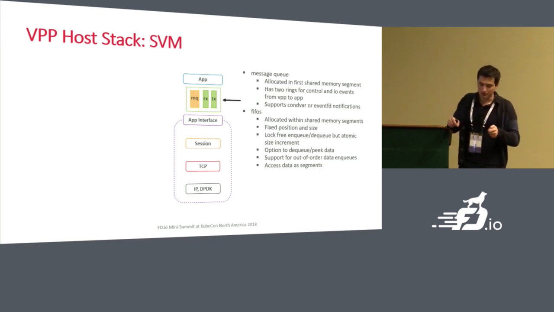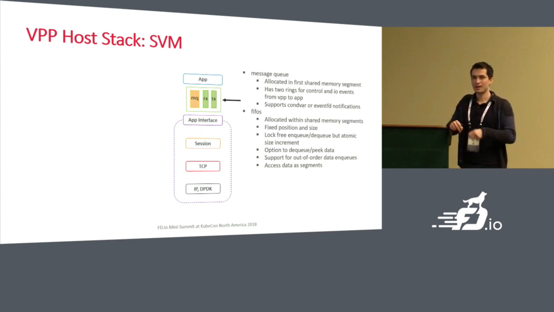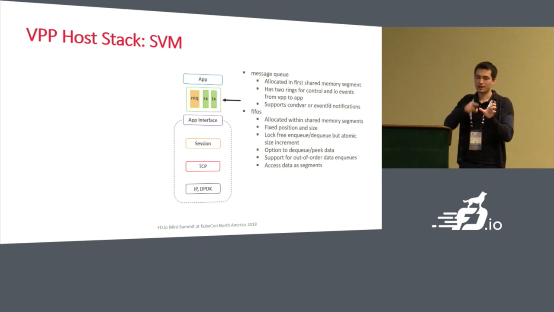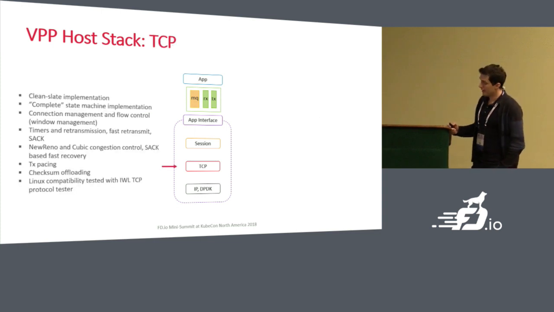And finally, a new feature for applications. If applications want to consume the data within a FIFO, instead of just dequeuing it, they can now access that data read-write in the shape of I/O segments, and that's just a glorious name for it. It just means that applications get access to the data in the FIFO. If the data is contiguous, you get one segment. If the FIFOs are actually circular buffers, so if the data wraps, the FIFO passes two segments to the application.